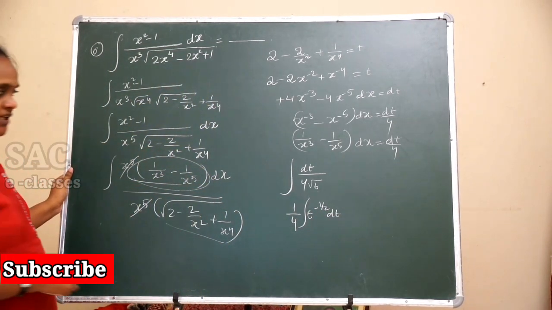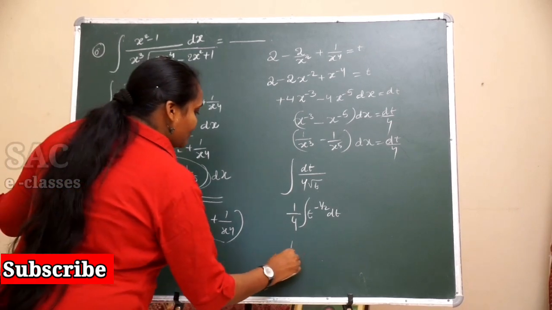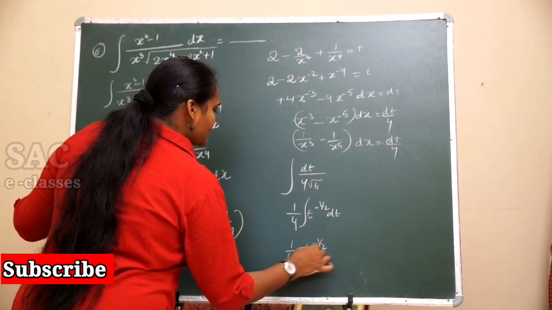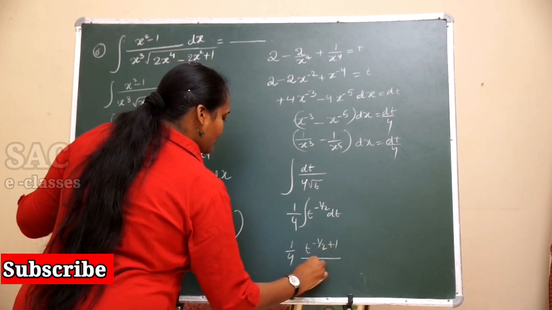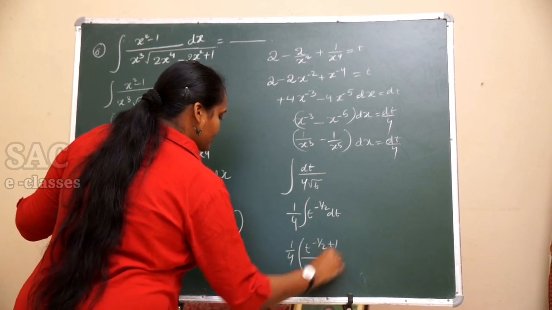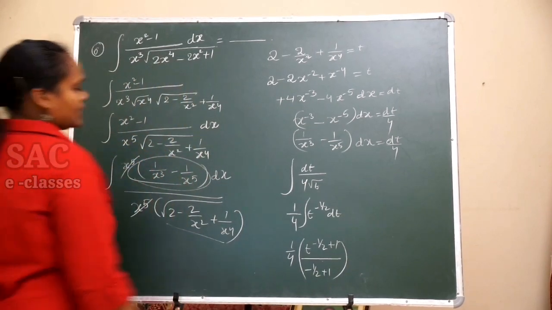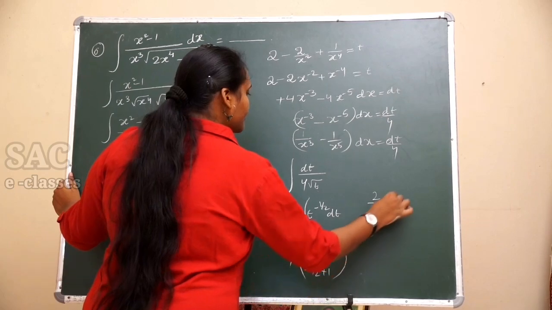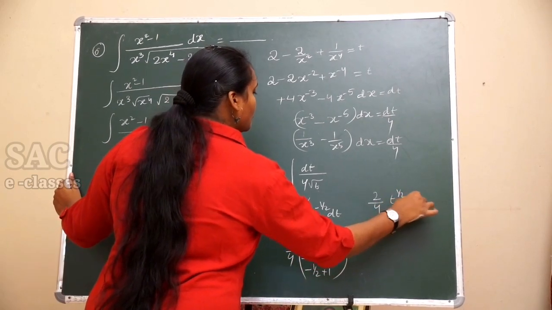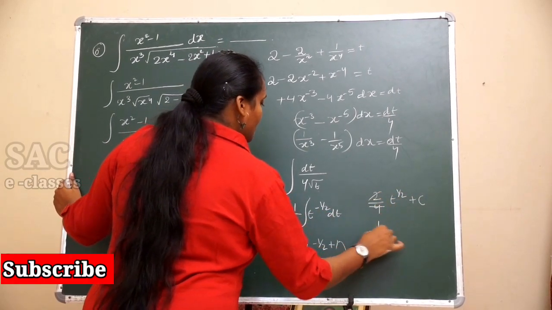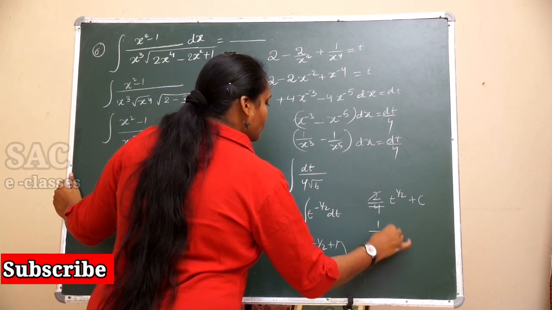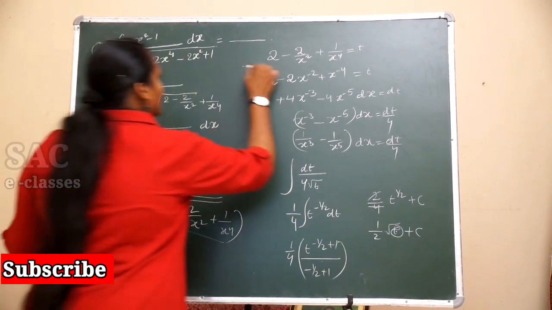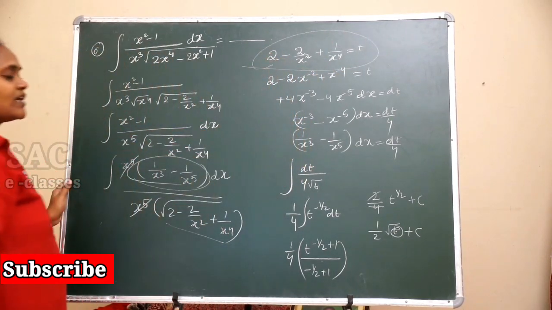So that is the integration of t power minus 1 by 2, which is t power minus 1 by 2 plus 1 by minus 1 by 2 plus 1. So clearly you can write it as 2 by 4 into t power 1 by 2 plus c, which is 1 by 2 into t root t plus c. Substitute t as whatever it was here, then you will get the required option.